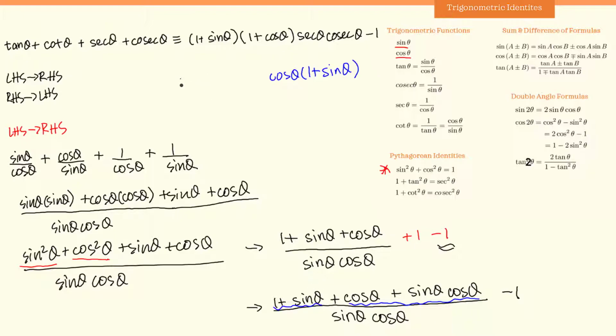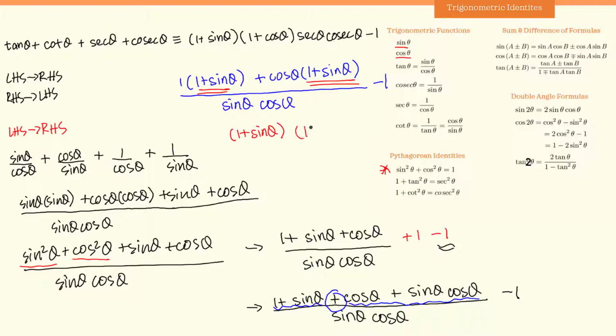So this becomes 1 times 1 plus sine theta, and there is a positive sign in between, so plus here, and divided by sine theta cosine theta. These two brackets over here both are the same, so I can write this factor 1 times, so this becomes 1 plus sine theta times 1 plus cosine theta divided by sine theta cosine theta,